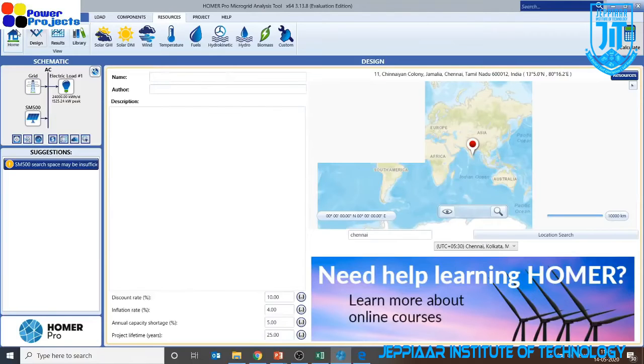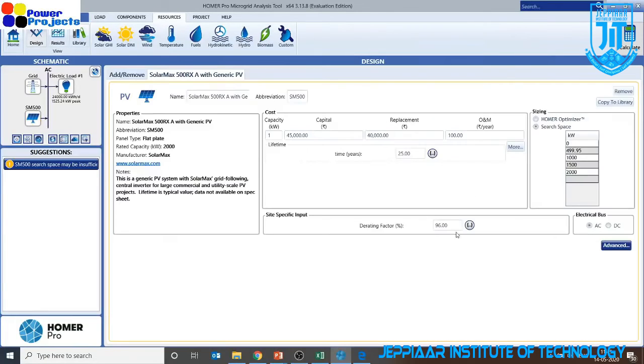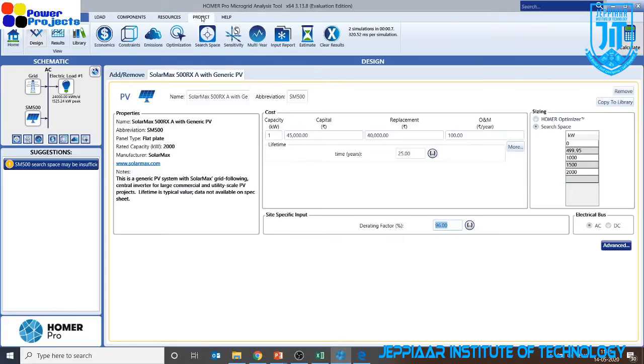As I told, you can extend this project for multi-year. If we put up a solar plant today, I have assumed the de-rating is 96 percentage, but the energy generated by the solar plant in the first year will not be the same for the second year until the end of its life. So there is an option called multi-year that is available in the project.